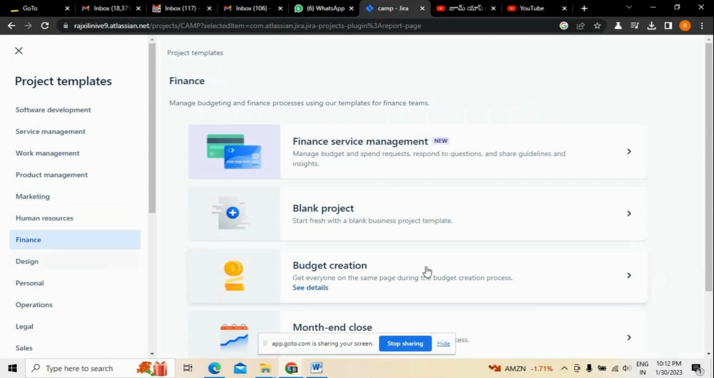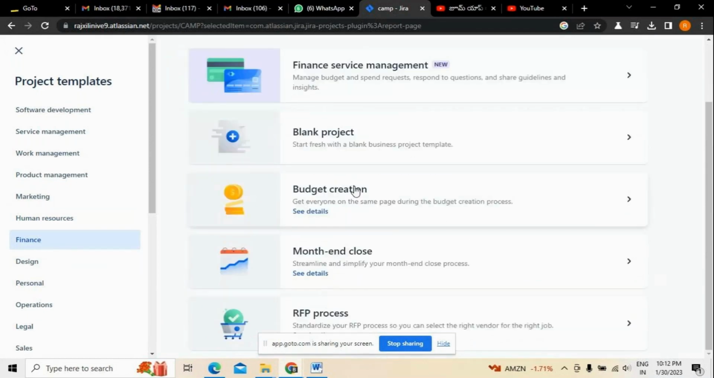Along with this, finance people will use it for budget creation. That means if they want to create any kind of budget for a particular activity or for an organization to follow, how this budget creation will take place. At the same time, there will be an RFP process, and a document will be prepared, which is called a request